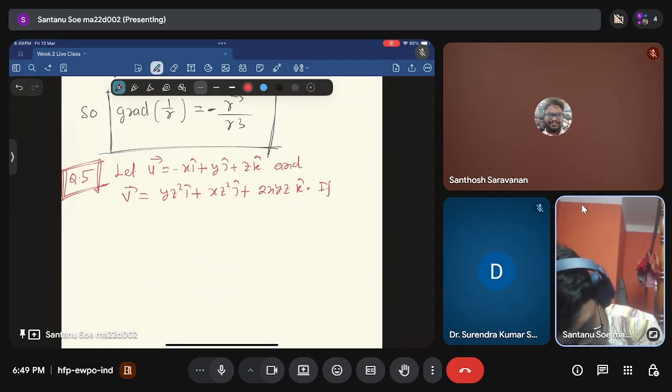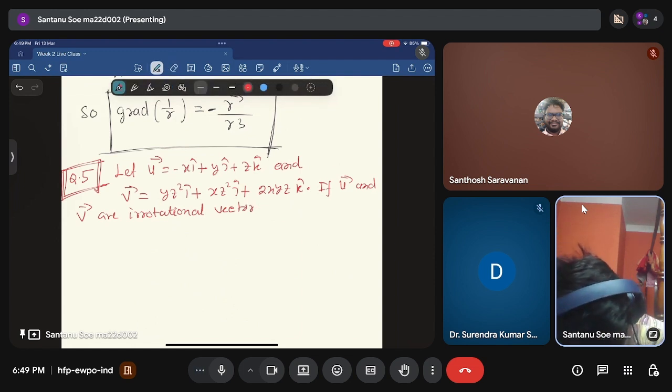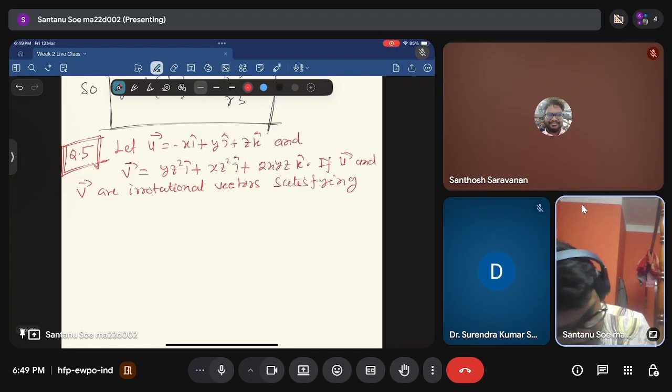Now if u and v are irrotational vectors satisfying the relation